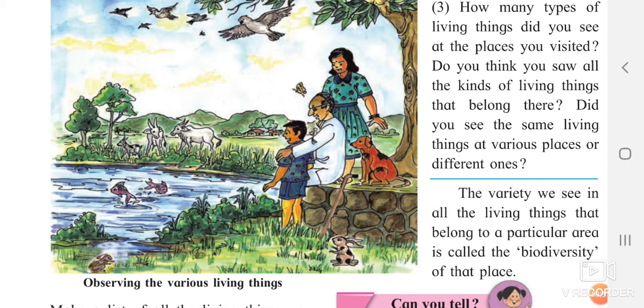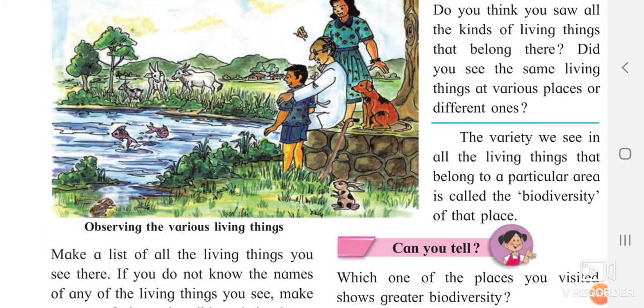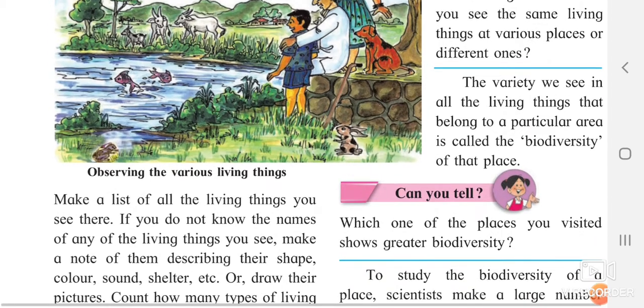Now, non-living things which are present, yes, there is a house. Particularly what you can see over here which is non-living: the bangles which the girl is wearing, the stick of the grandfather, the specs the grandfather is wearing. So there are several living things and non-living things present over here. In your surroundings also you can see many such things. So what is actually environmental balance, we are going to study.